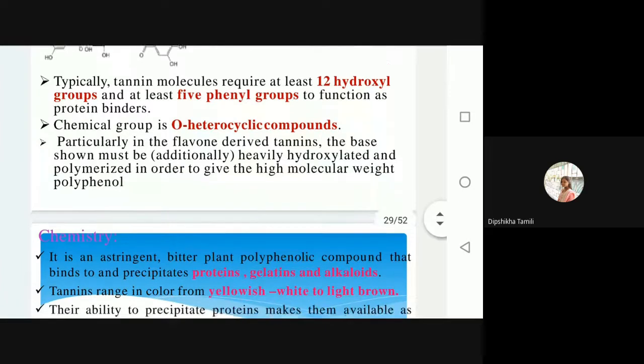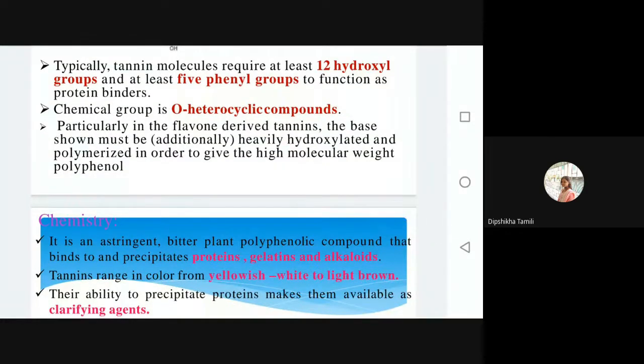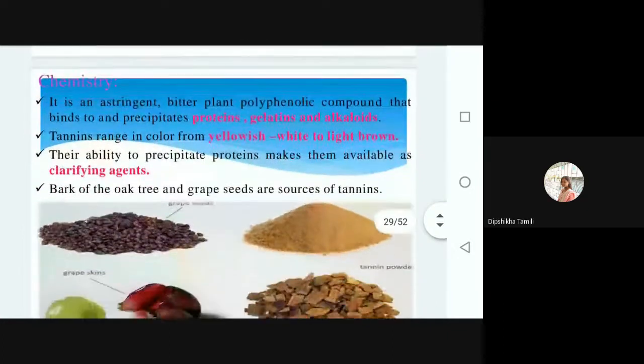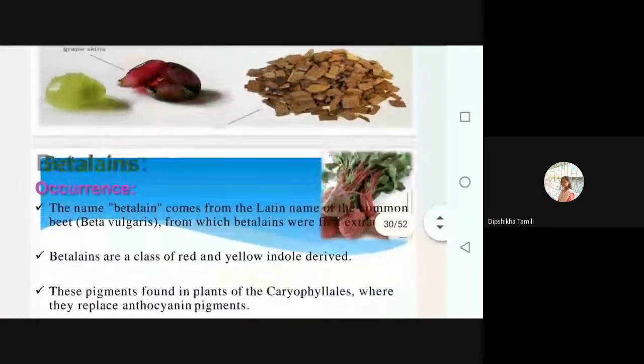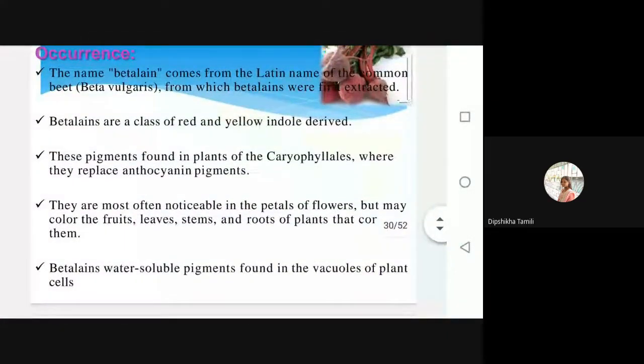Suppose you are having such a confusion, you must try to remove your confusion based on other concepts. See, a typical tannin molecule consists of how many phenyl groups? At least 5. Then the definition of tannins itself says that it is a water soluble polyphenolic compound. Okay, ma'am. Then this is betalains.